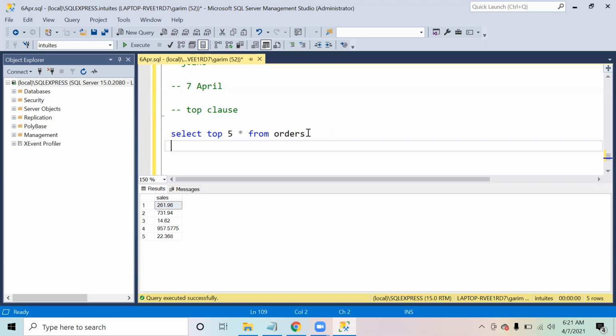So that is what people do. The developers will only write a query, select top 100 star or top 200 star, so that they only fetch the initial 100 or 1,000 rows, to get a gist of an idea, to just get a view of that data, what kind of data they have in that table. Because definitely you won't be reading all the million rows, you will just be going through the columns and trying to interpret what kind of data they have kept in that table. So that is where this command is used a lot, to have a look at what type of data we have in a table.